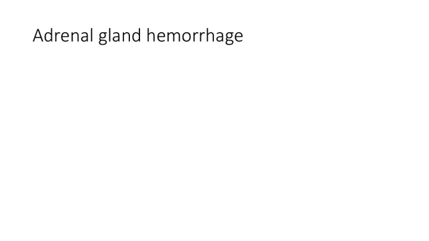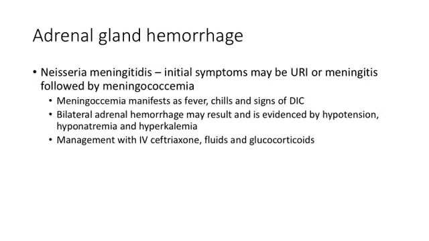Then with adrenal gland hemorrhage, or as it's sometimes called, Waterhouse-Friderichsen syndrome, this is actually a very good high-yield topic to be familiar with. So we're talking about Neisseria meningitidis here, and patients may have URI signs and symptoms initially. They may have headache and neck stiffness because they have meningitis, but then they become septic with the meningococcus, and that's when you start seeing chills and rigors, and due to all the endotoxin, they ultimately develop DIC, and DIC can cause bleeding anywhere. With these patients in particular, there is a preponderance to have bilateral adrenal hemorrhage.